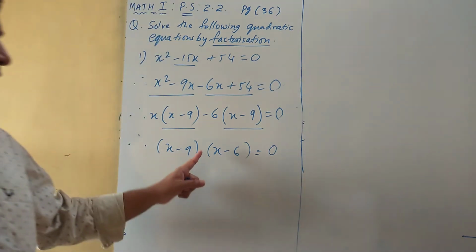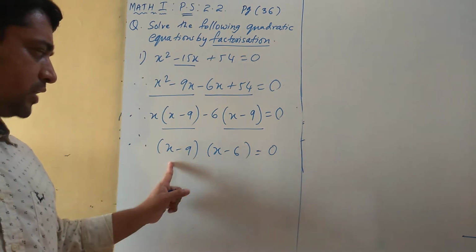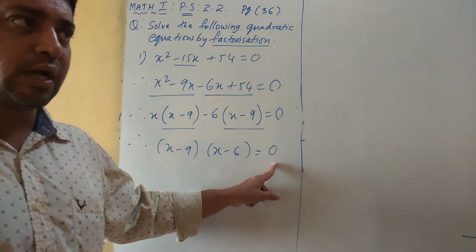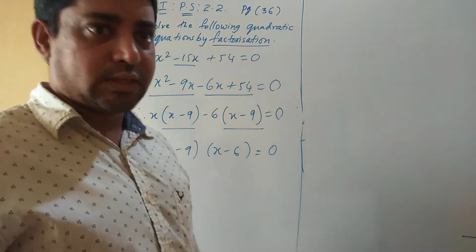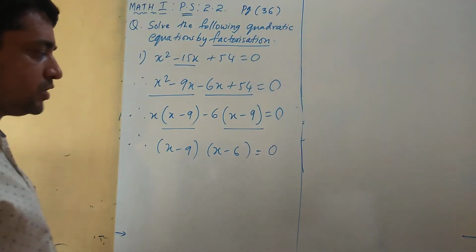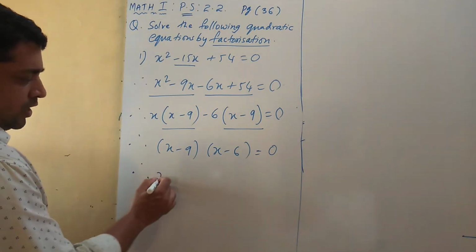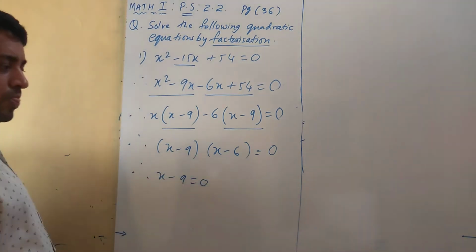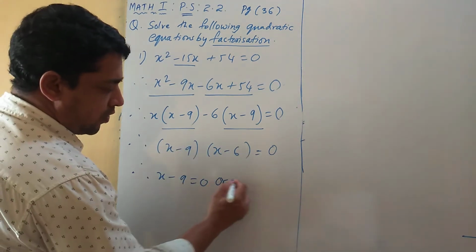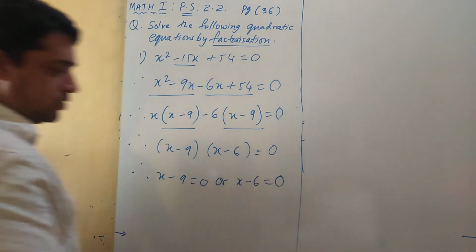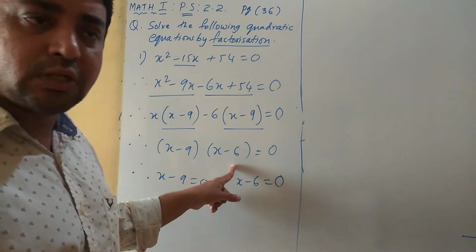So you can see here we have a multiplication sign. And x minus 9, x minus 6 equals 0. That means if I am multiplying one number with another number and the answer is 0, that means one of the numbers should be 0, correct? So here one of the numbers is 0. So I might consider therefore x minus 9 is equal to 0, or even x minus 6 can be 0. So I'll write or x minus 6 is equal to 0. Correct? So maybe this factor is 0, maybe this factor is 0.